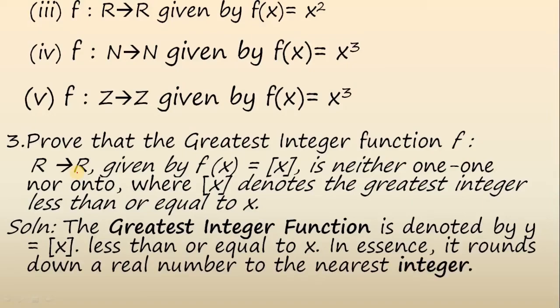That is basically it rounds down a real number to the nearest integer. For example, the greatest integer function of 1.2 will be 1. It's just rounding it off, that is the basic idea. If it is 1.5, we say it's 1, and 1.2 will be 1. If you take 1.7, it will become 2. So you're rounding off.